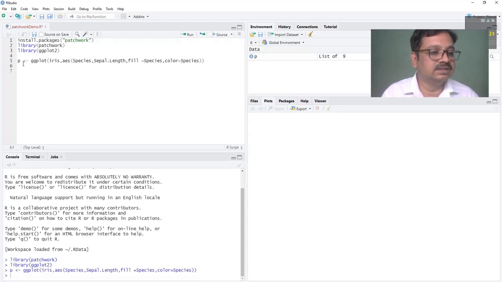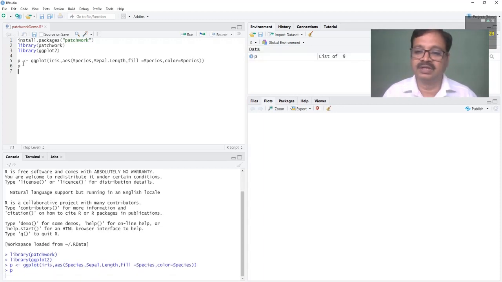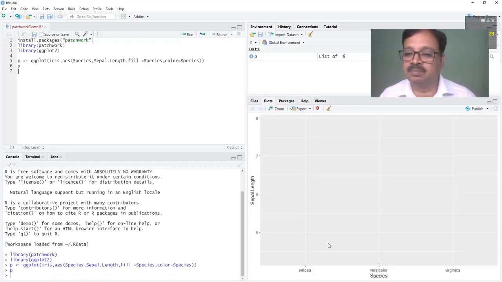Let's see the results and the base object. This P is the base plot object.